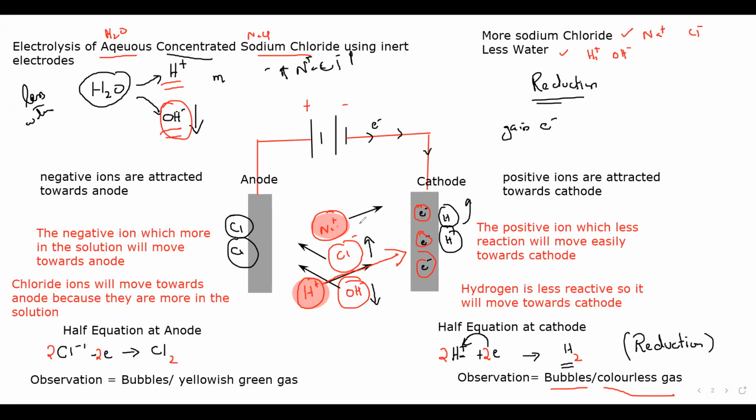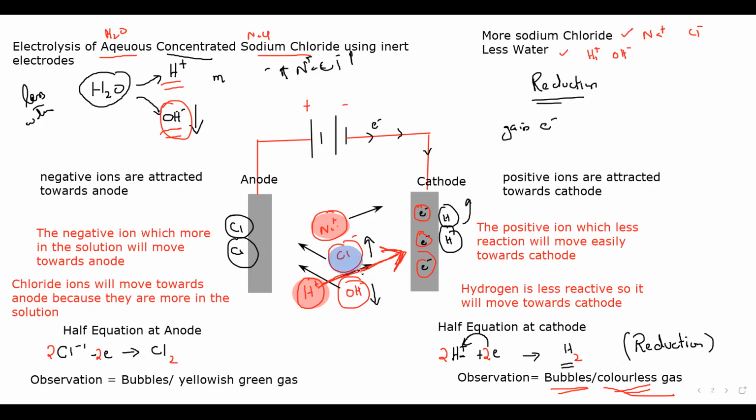The positive ions are attracted towards the cathode, but the ion which is less reactive is able to move easily. So the hydrogen ion is able to move easily. When the hydrogen ion gains an electron, it turns into hydrogen gas. So we'll see bubbles or a colorless gas. Now for the negative ions,